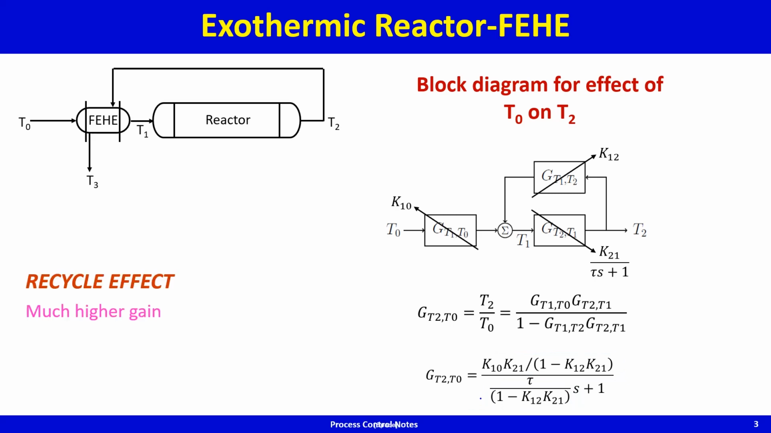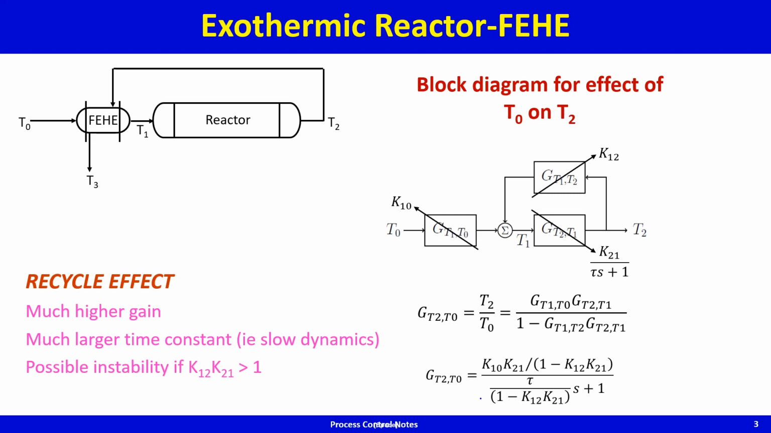So in summary, recycle can cause, or usually recycle can result in a much higher gain for the process system, much larger time constant, that is slower dynamics, significant slowdown in the dynamics, and also possible instability, condition being K12 times K21 being greater than 1. Now obviously you cannot have these kind of reactors suffering from instability, so in practice what is done is,